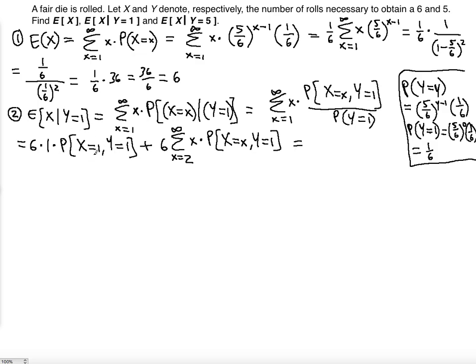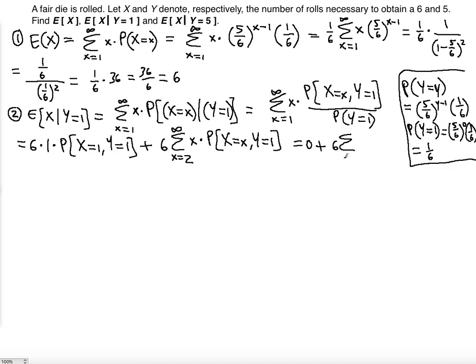So what is this equal to? This tells you what is the probability that you get a 6 and a 5 on the first trial. There's no probability like that, right? Because you're rolling a single die. How would you get a 6 and a 5 together on the first trial? Because these are 2 random variables and they're different, they're distinct. So the probability of this is 0. There's no way you can get a 6 and a 5 in the first trial, right? So that's 0